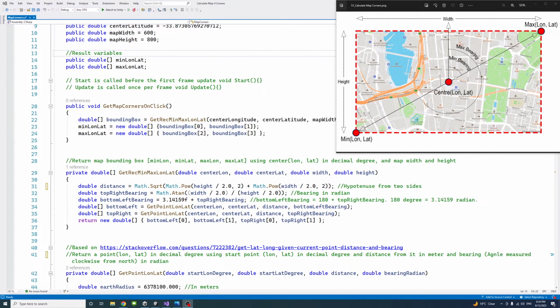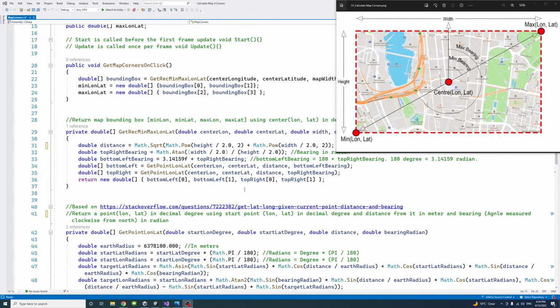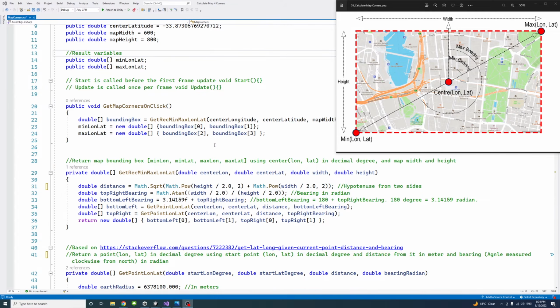value. So the parameters would be the center in the form of longitude, latitude, and that would be in decimal degrees. And the map width and map height we also pass to this method. So based on this, it does the calculation, calls the methods we just went through, and gets these two points accordingly. So first it will calculate the distance, and that's a hypotenuse